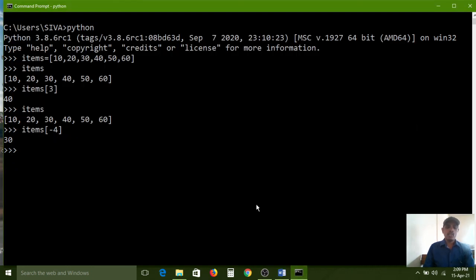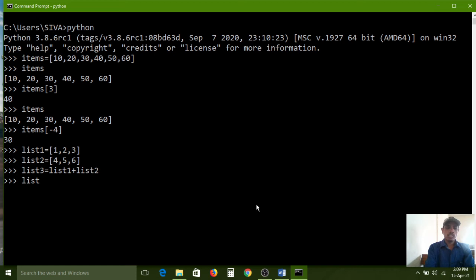Practically, you can see right now: list1 in between square brackets 1, 2, 3, so 3 items we have, and list2 equal to in between square brackets 4, 5, 6. Now I am creating list3 equal to list1 plus list2.